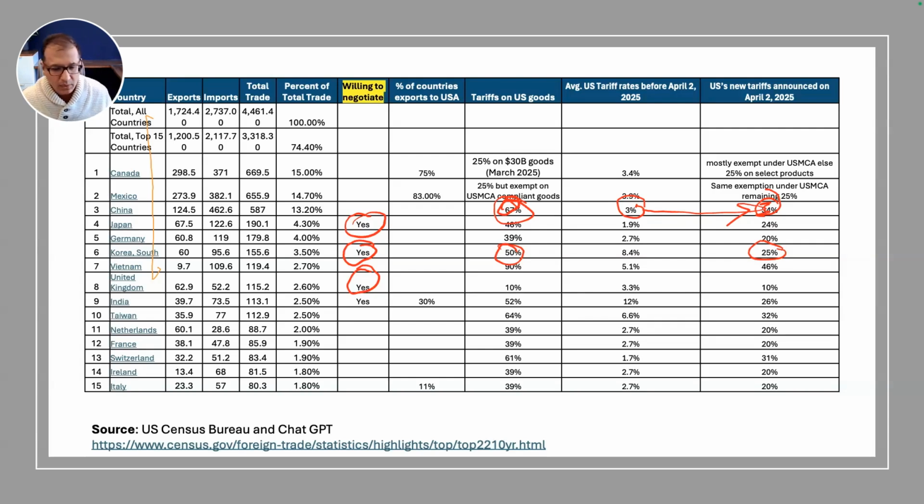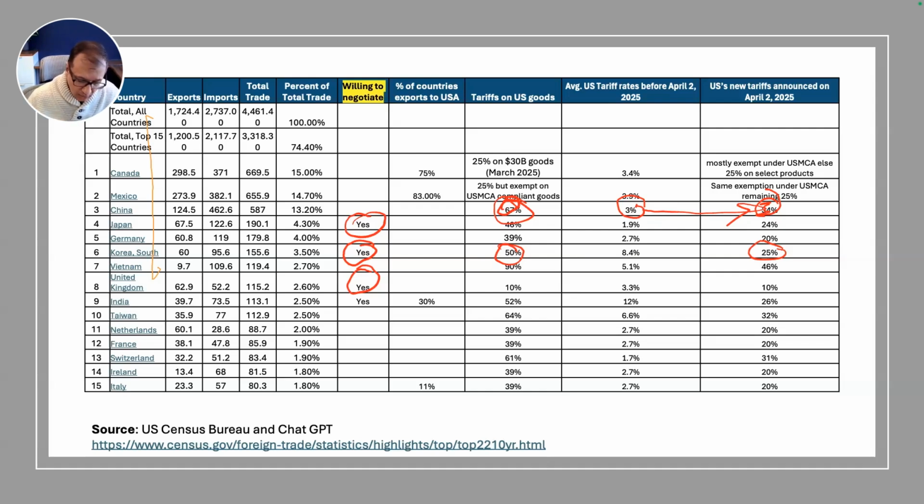And when that happens, look at what happens to the financials of those companies. If those products start becoming cheaper in these foreign countries, then the sales of the US products increase. And when the sales increase, that increases the company's cash flow, revenue, profitability, et cetera, right? So that's all great for the US companies. And then that ultimately increases the stock price. So that's where he says short term, there's going to be a bit of trouble, but in the long run, it should make sense. And that's what Trump believes. I also think that's how it's going to be. But ultimately, I believe that these are more negotiation tactics because he's trying to get that leverage.